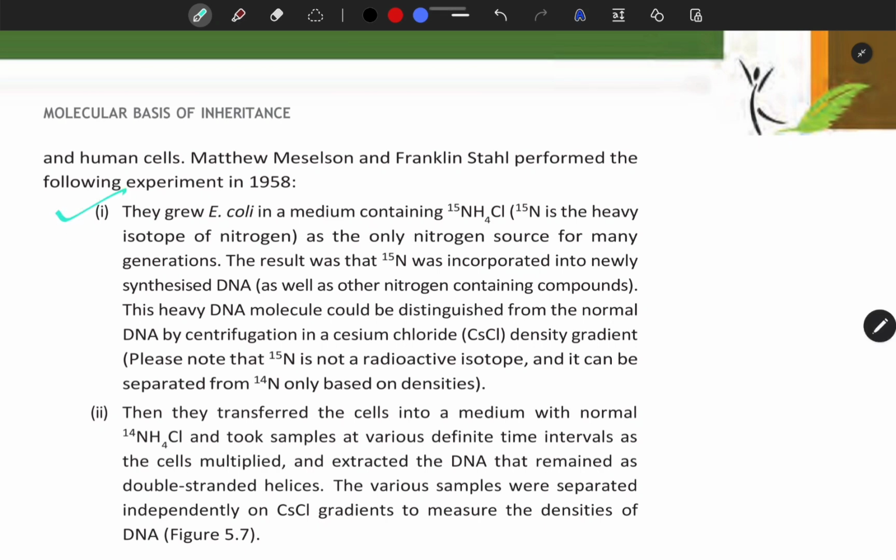First, they grew E. coli in medium containing 15NH4Cl, where 15N is the heavy isotope of nitrogen, as the only nitrogen source for many generations. The result was that 15N was incorporated into newly synthesized DNA, as well as other nitrogen-containing compounds. These heavy DNA molecules could be distinguished from the normal DNA by centrifugation in a cesium chloride, that is CsCl, density gradient. Please note that 15N is not a radioactive isotope and it can be separated from 14N only based